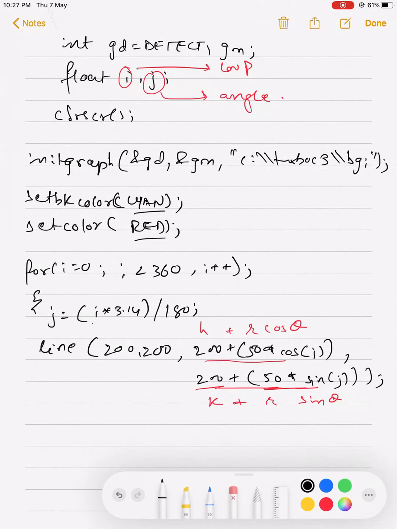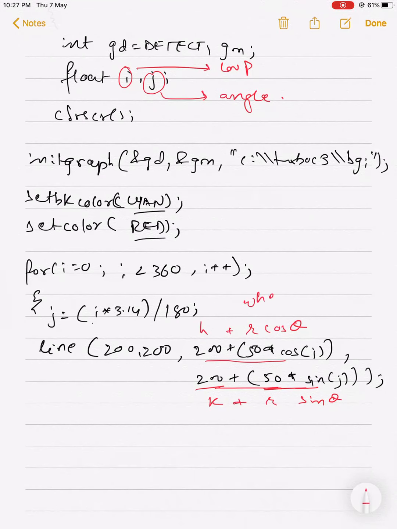When i is equal to 360, j will be equal to 2 pi. So 0 to 2 pi is a circle.